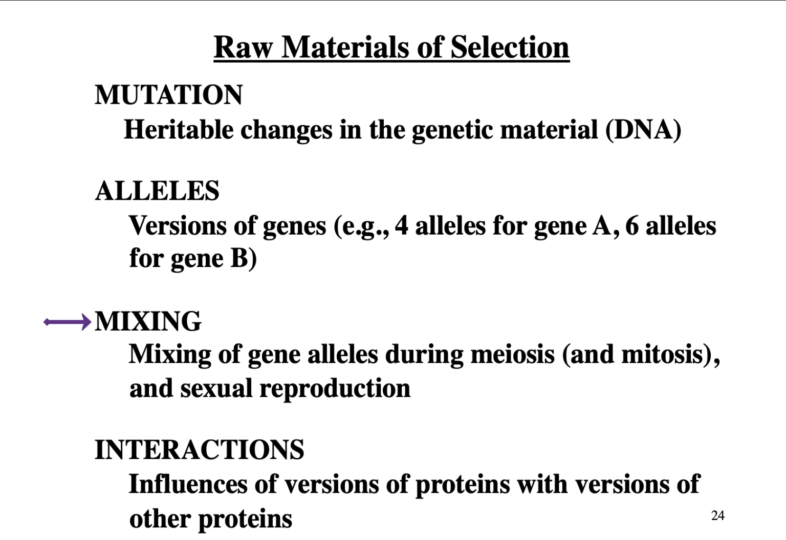Sometimes there are good mixes and sometimes there are bad mixes with respect to selection. And then there are interactions, influences of versions of proteins with versions of other proteins. Do they interact successfully, unsuccessfully? Are they antagonistic reactions as well? So a lot of different things are occurring within and exterior to the organism that lead to these different selective